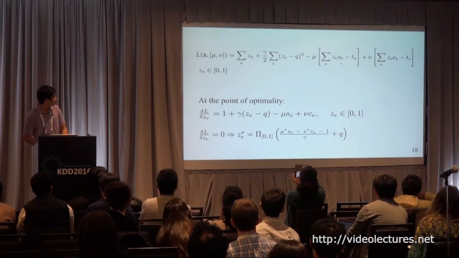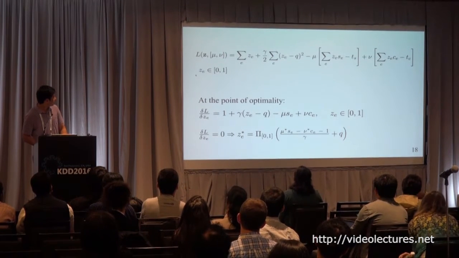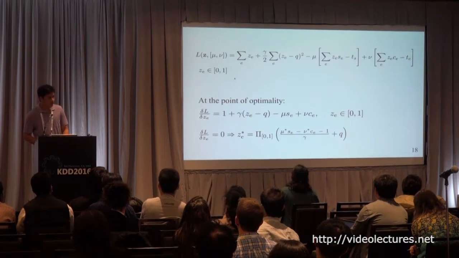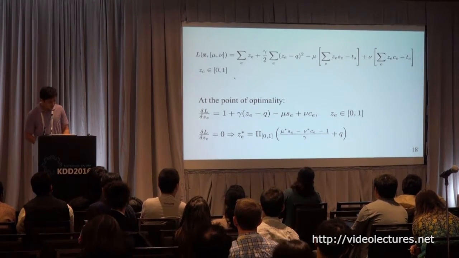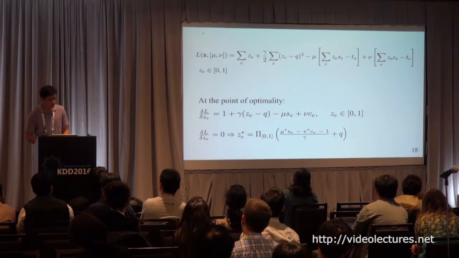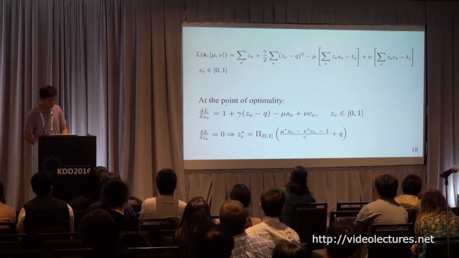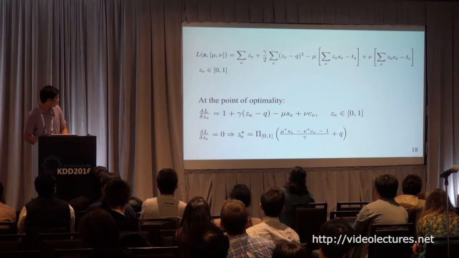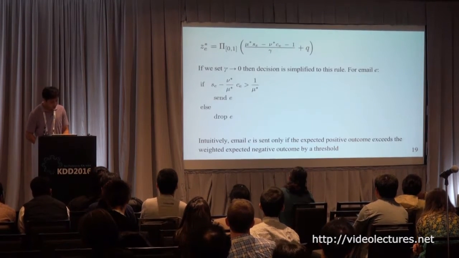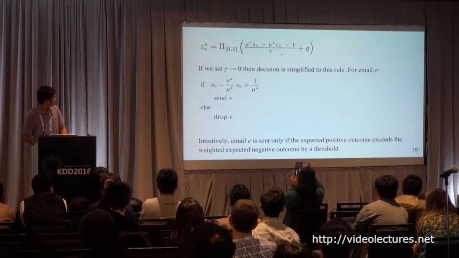where this is the objective and the constraints have been added here. We have left out the probability constraint outside of this Lagrangian because it helps us make the computation somewhat easier. So at the point of optimality, we know that we can take the derivative of this Lagrangian and set it to 0. And if we do that, we obtain this relation between the primal and the dual solutions. So now, in this solution, if we set gamma,